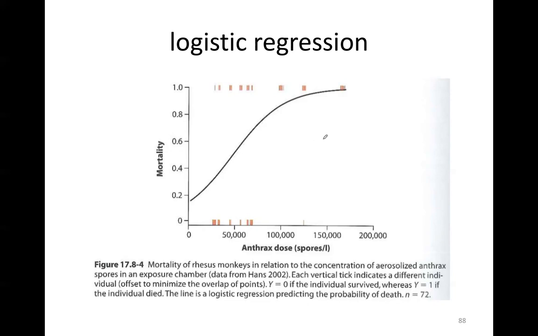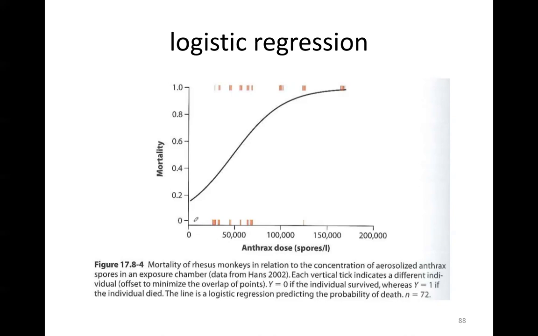So mortality, infection, any other type of binary biological variable can be analyzed as a function of quantitative variables. So for instance, in the example here, you have anthrax dose, how much anthrax some poor rhesus monkeys have been given,